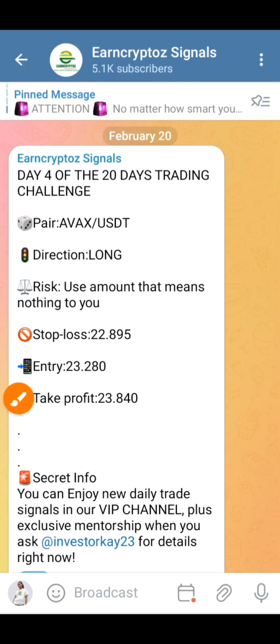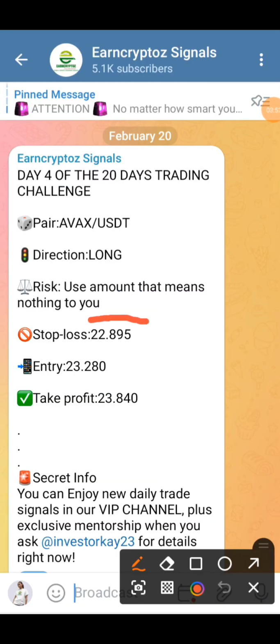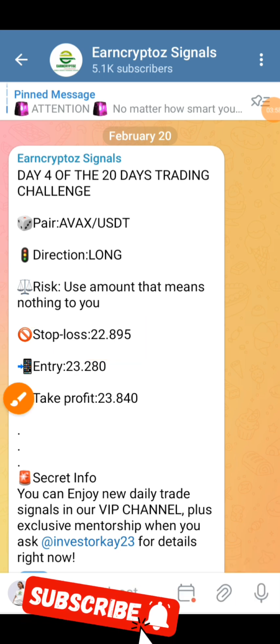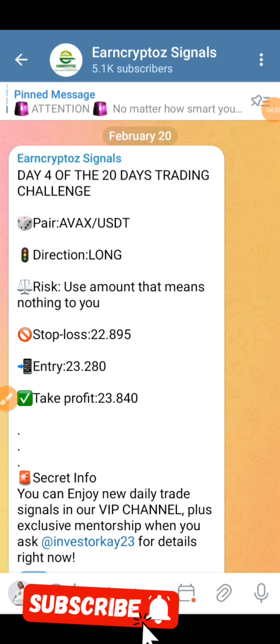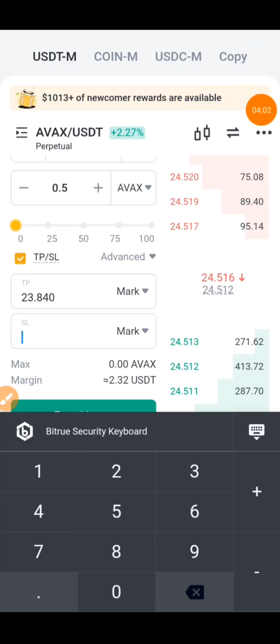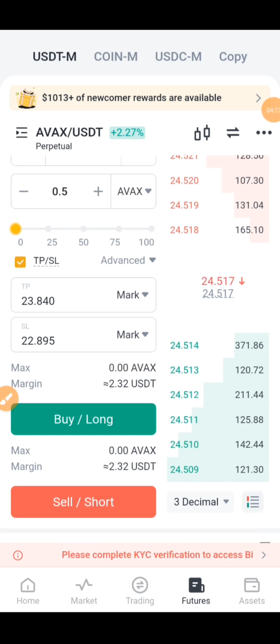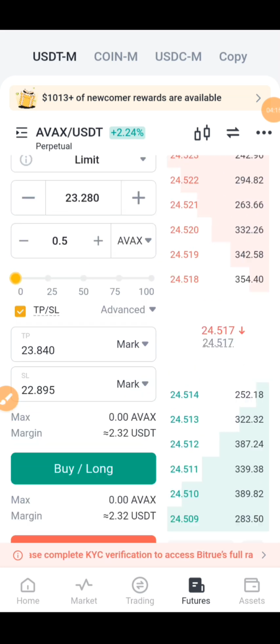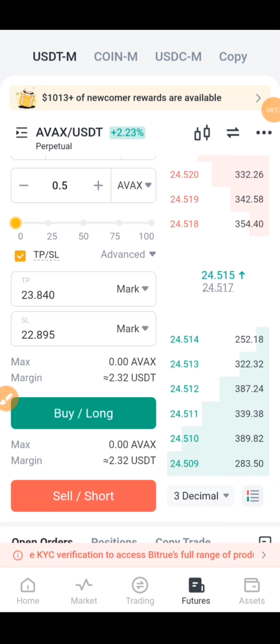So on our Telegram channel right here, you can see our stop loss, which is 22.895. So right now let's go back to our Bitrue Exchange app to set our stop loss. On our Bitrue Exchange app right here, let's type in our stop loss, which is 22.895. So right now you can see, once you've checked that everything is correct and everything is okay,